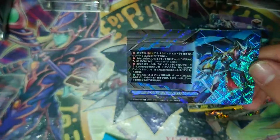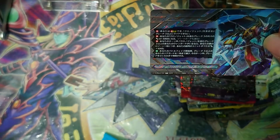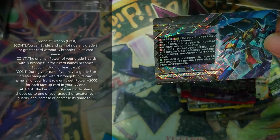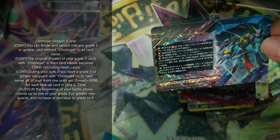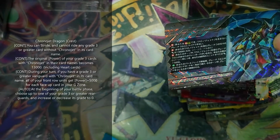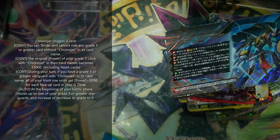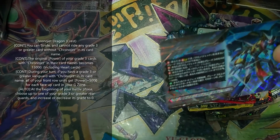And this is the Chronojet Dragon Crest I was talking about. So you need this in order to play this deck. So let's just go through what the crest does. Chronojet Dragon Crest. You can strike and you cannot ride any grade 3 or greater card without Chronojet in its card name. Continuous, the original power of your grade 3 cards with Chronojet in your card name becomes 13k, including heart cards. Then, second skill, during your turn, if you have a grade 3 or greater Vanguard with Chronojet in its card name, all of your front row units get power plus 5k for each face-up card in your G